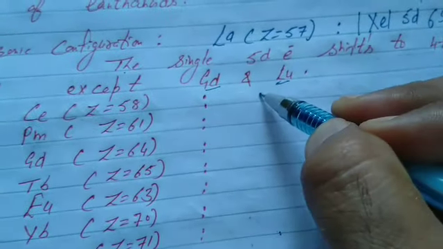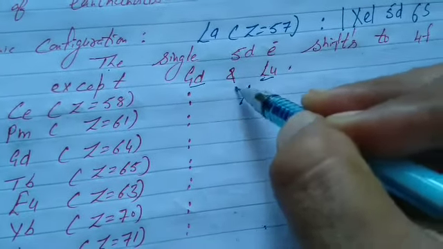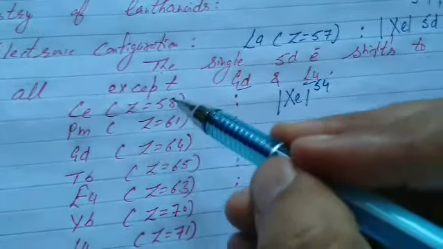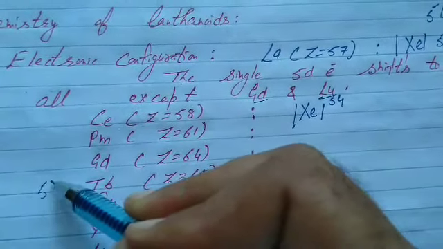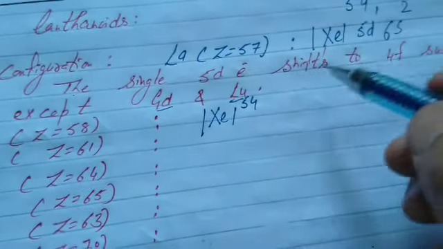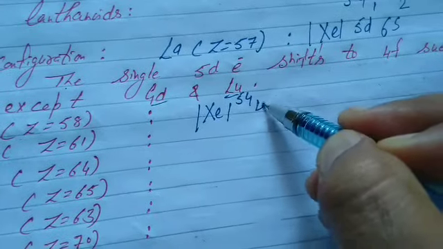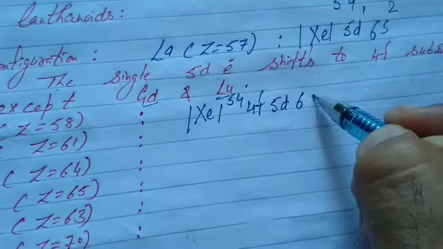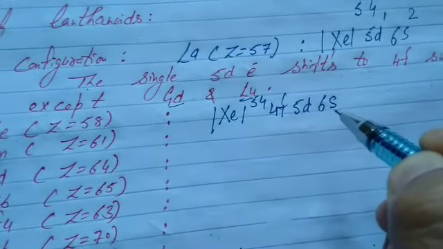Please at first write the nearest noble gas, xenon, 54. Now we know 58 to 71, we got an indication they are lanthanoids. What do we at first write, students? At first we write basic 4f 5d 6s. After this mention the electrons, it is easy.